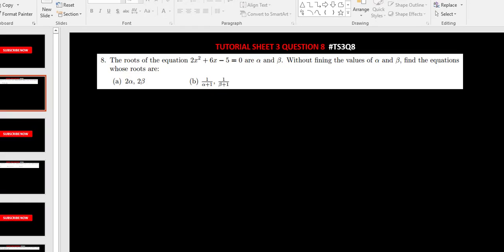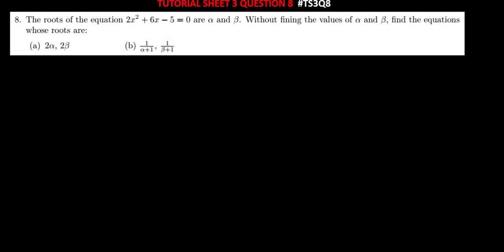So such questions are simple and straightforward. You don't need to stress when you've been given such a question to solve. When you've been given such a question, the first thing that you need to know is this. Okay, so the first thing that you're supposed to know is that